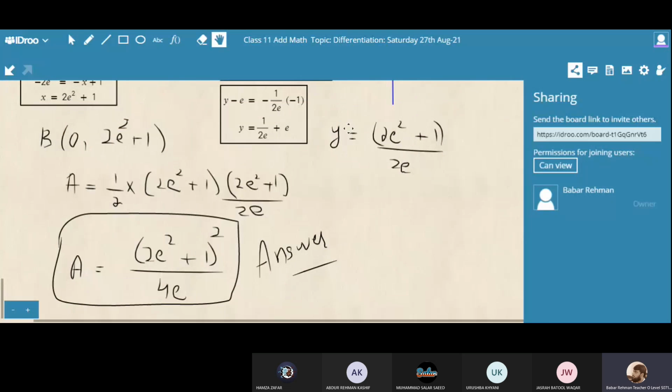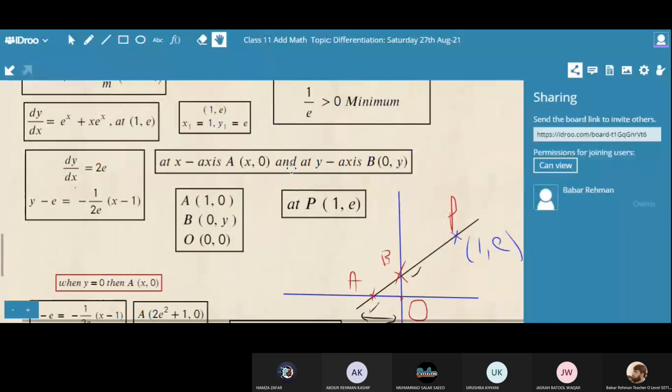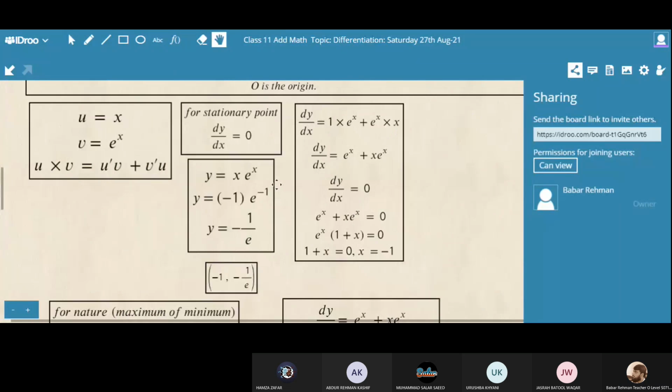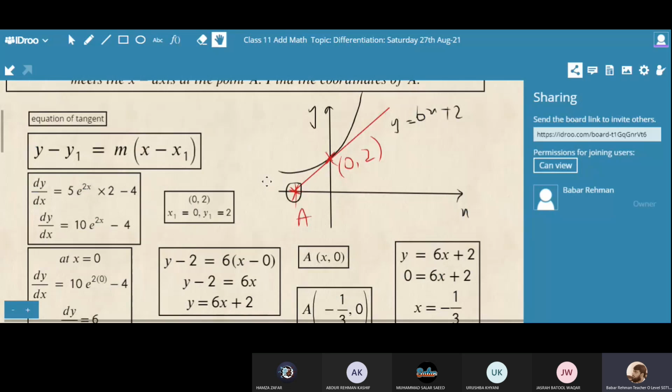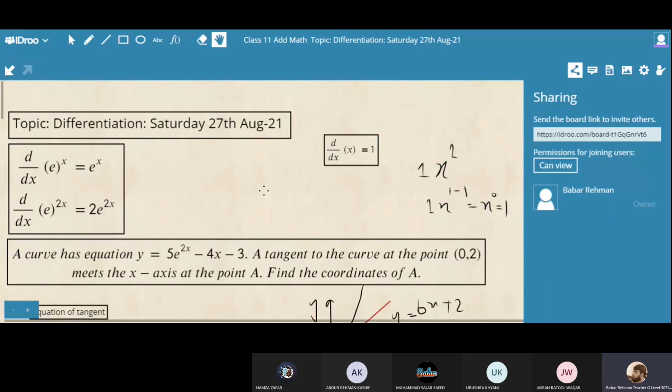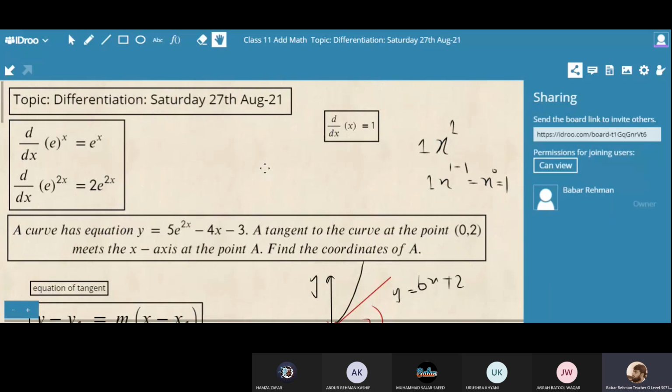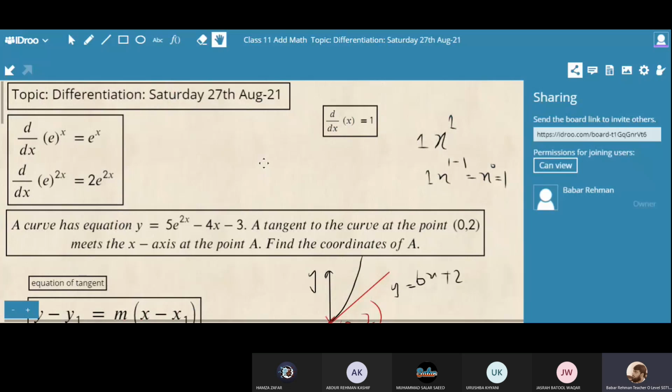No, sir. Okay, so Hamza Zafar, can you tell me what we have learned today in the class? What are our learnings today from the beginning? Yes, Hamza Zafar. Today we have learned how to differentiate different components like equations, and we have revised the concept of coordinate geometry in this class. Yeah, that's all.